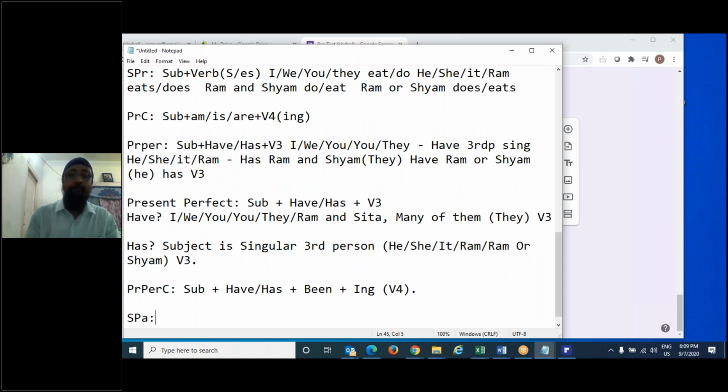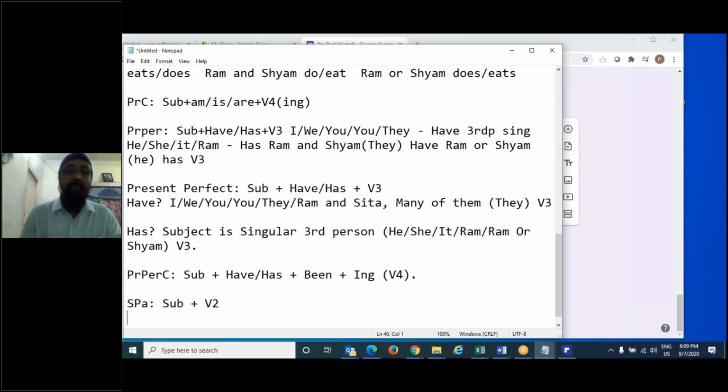So simple past, not much rule, very simple. Any subject, all it accepts is V2. V2 is not used anywhere except in a sentence in simple past. I ate, you ate, he ate, she ate, they ate, Ram or Sham ate, or Ram and Sham ate. So the V2 is only used in the simple past tense. And in past